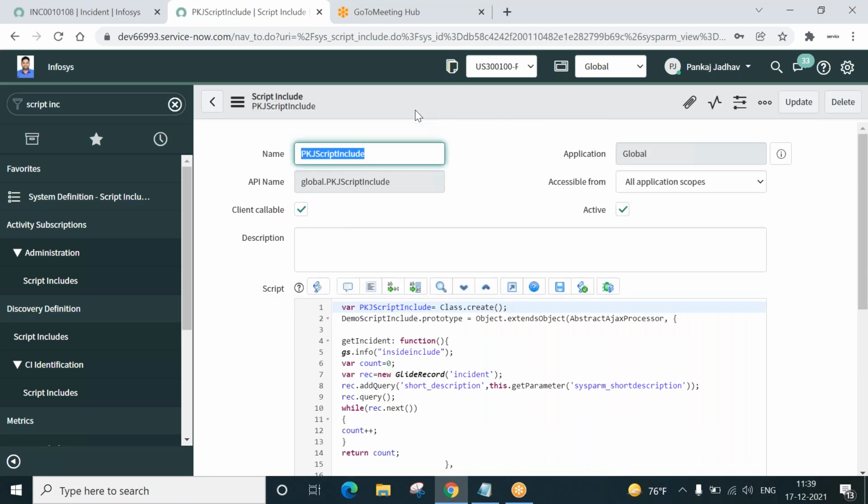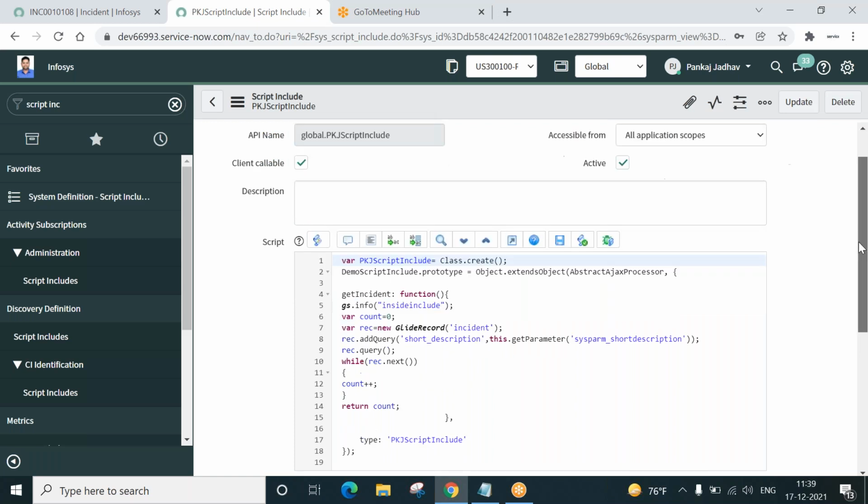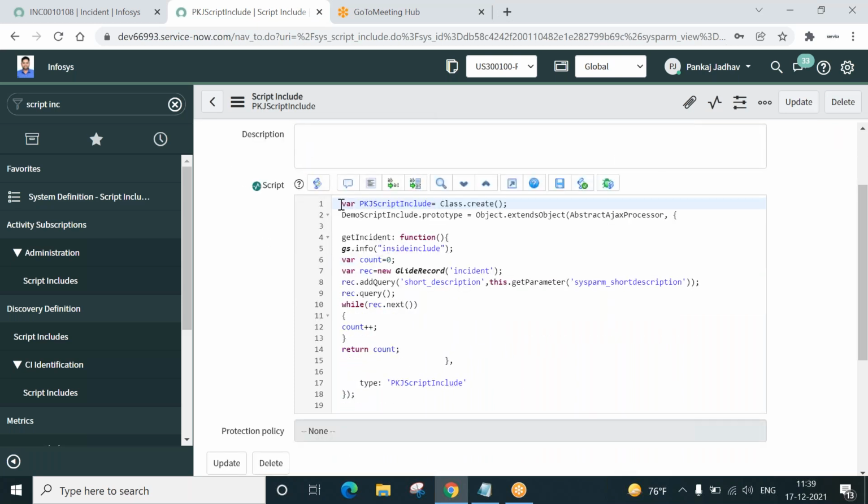How does it look? Let us see. This is the prototype, and this is the function. This function will be called from a client script. From the client script, we use Glide Ajax to pass parameters like sysparm_short_description.